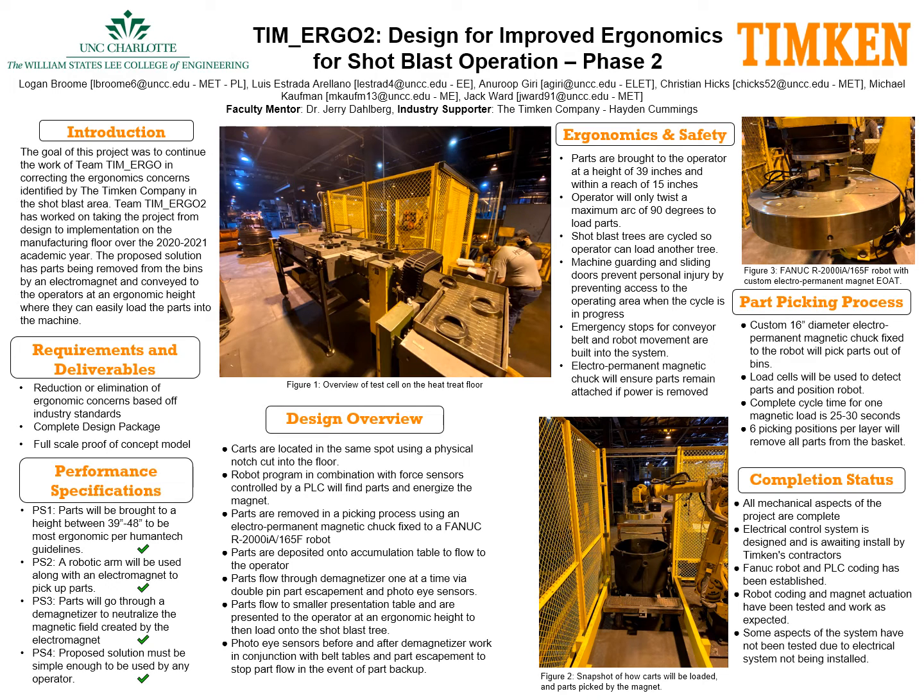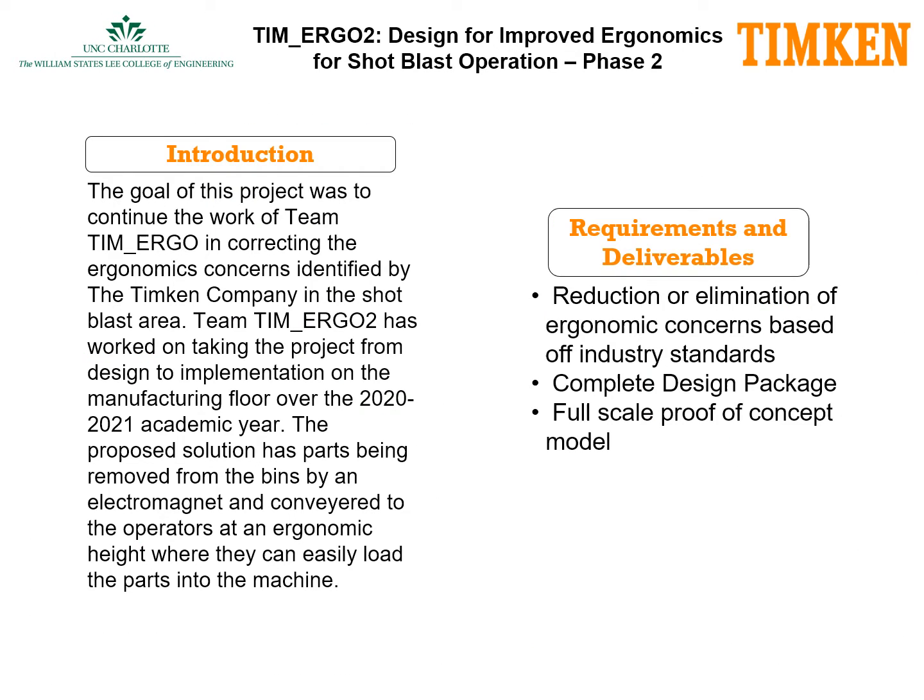Hello and welcome to our presentation on Design for Improved Ergonomics for Shot Blast Operation, supporting the Timken Company. The goal of this project was to continue the work of the Phase 1 team in correcting the ergonomic concerns identified by the Timken Company in the shot blast area. The Phase 2 team has worked on taking the project from design to implementation on the manufacturing floor over the